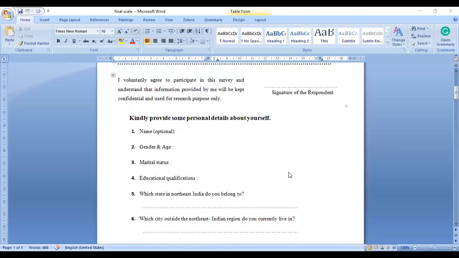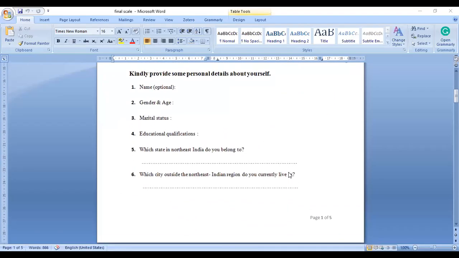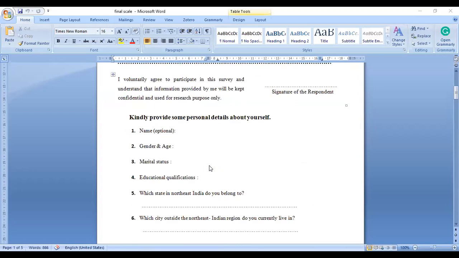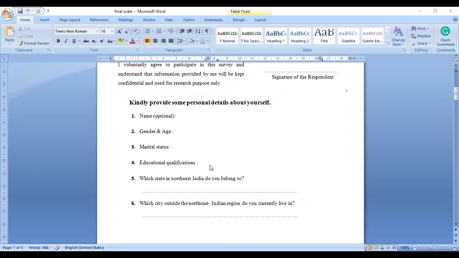So what I'll be doing is just a small survey I'll open for you all. And this is basically the survey. As you can see, these are the demographics. These are some of the demographic information, and this survey basically comprises three standardized psychological scales. Don't worry, we are not going to enter all of the data. I just want to give you a basic idea.